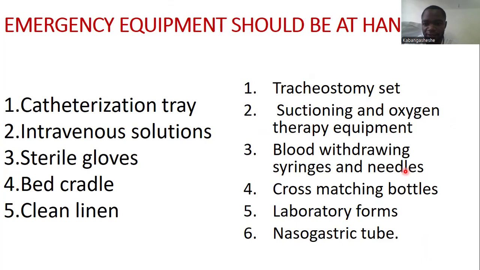Then suction machine, oxygen administration equipment, either by cylinder or oxygen machine. Blood withdrawal syringes and needles, cross-match bottles in an event that you need to transfuse this patient, depending again on the extent of burns that they've received. Then laboratory forms and a nasogastric tube set. Feeding may be affected depending on the site of